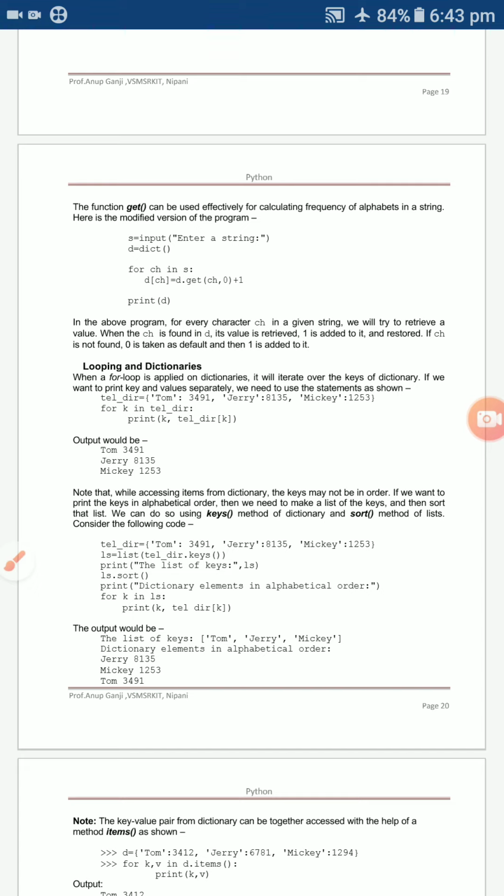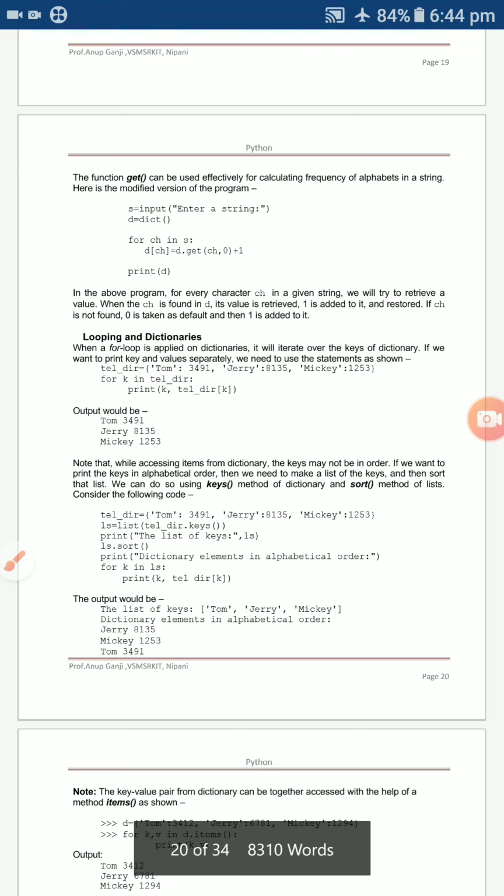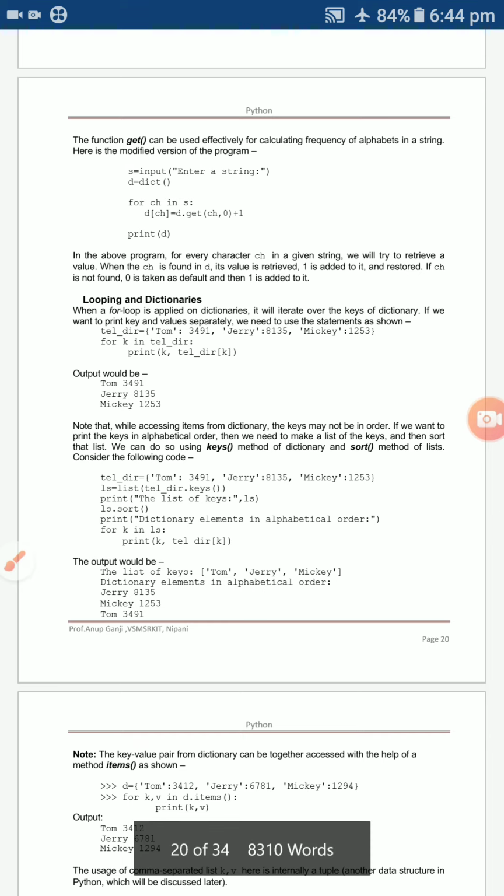Retrieve the first item while items are present in that dictionary. After retrieving, you can represent all the dictionary items. Then if it is not found, suppose Tom, Jerry and Mickey are there and Donald is not present, in that case it will automatically display the default value 0. Then after the default value, if you're getting it, add 1 to it.